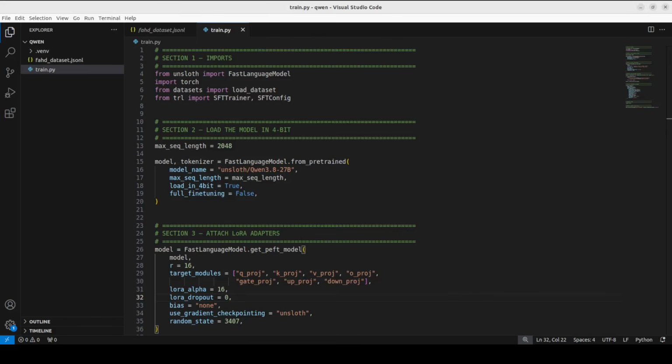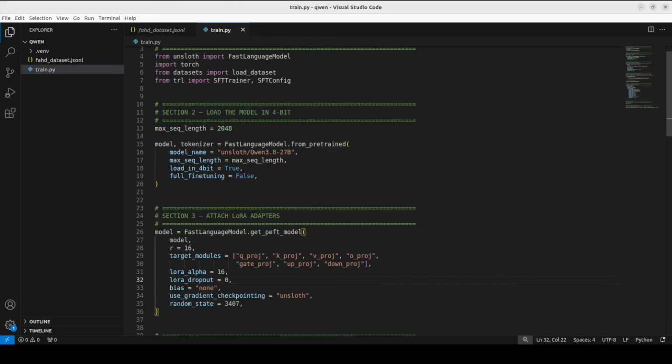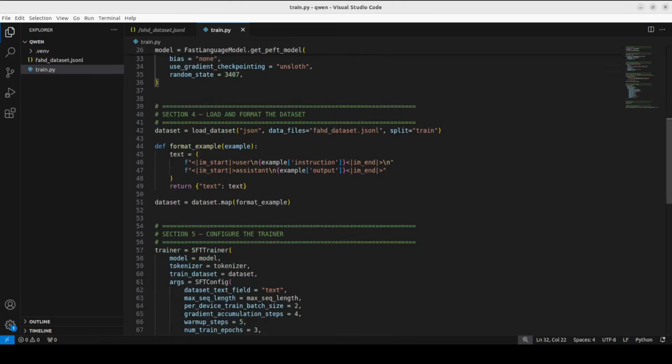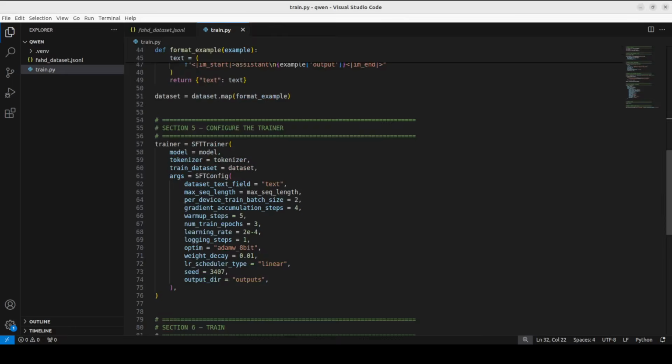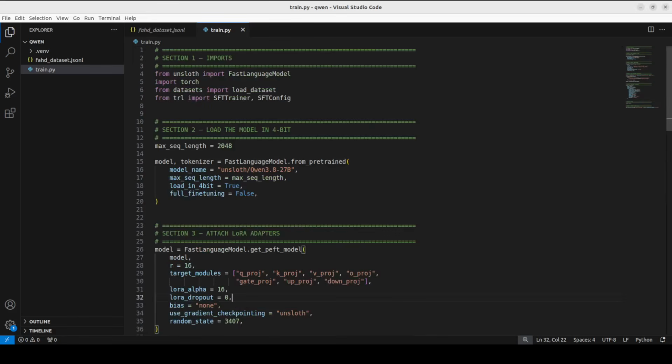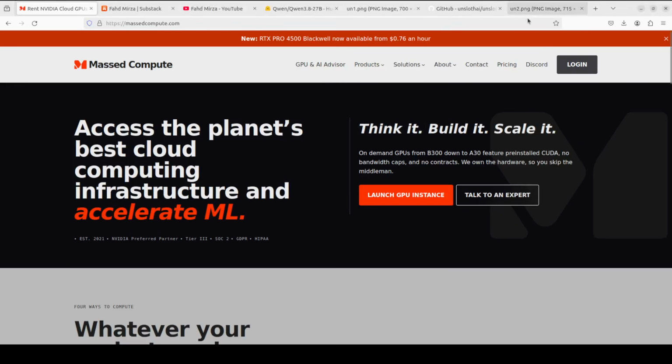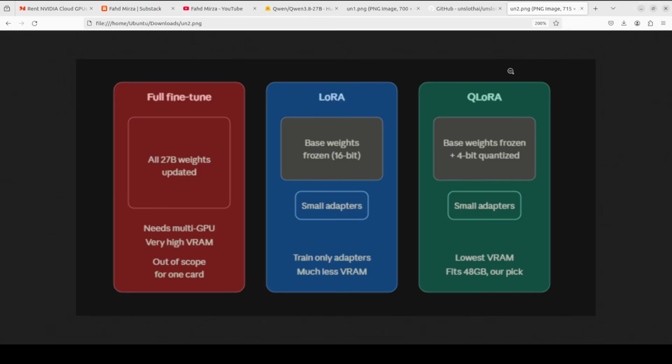The second part is the training itself. For training, I have created this simple script which is using Unsloth, our dataset, and I have divided it into sections. The reason is I want to explain it in as simple words as possible. And before I do that, just bear with me. I'm just going to show you one thing very interesting which is extremely important in order to understand